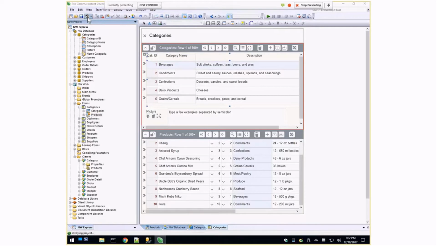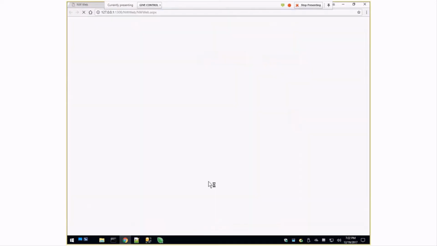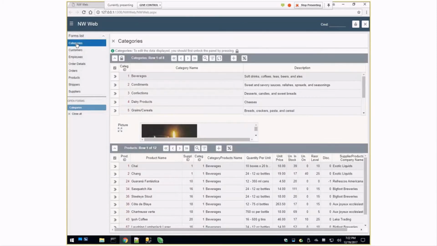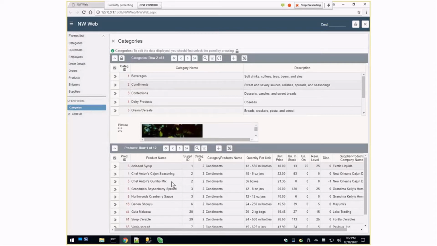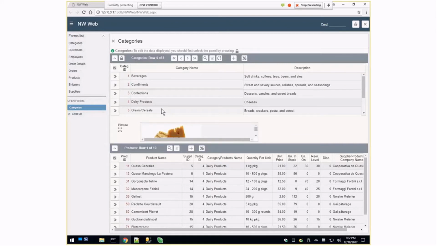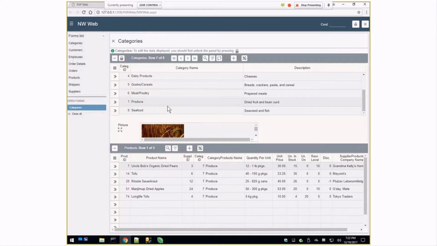So let's compile this again. Now if we go to categories, you see this down here, and if I click on, say, condiments, then down here they're changing because they're linked and filtering based on the parent you select here. And since we use the classes, this is effectively all in memory for editing purposes. So if I want to, let's say, make a change,